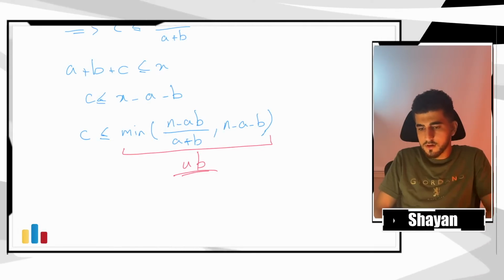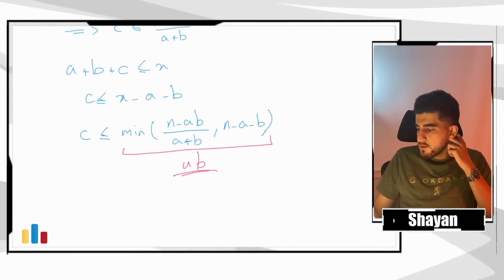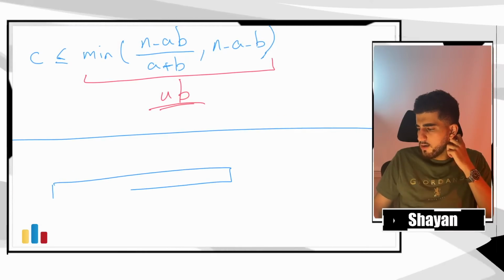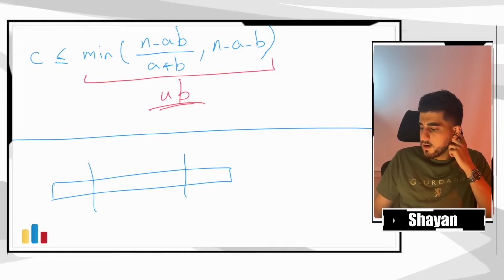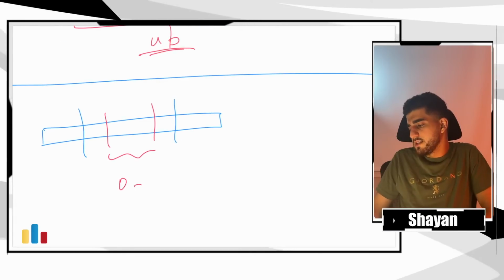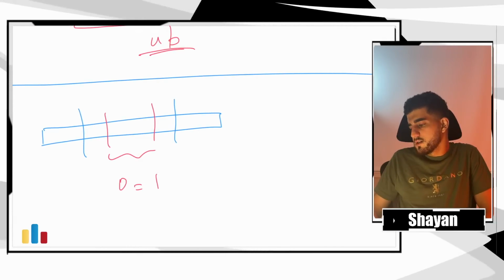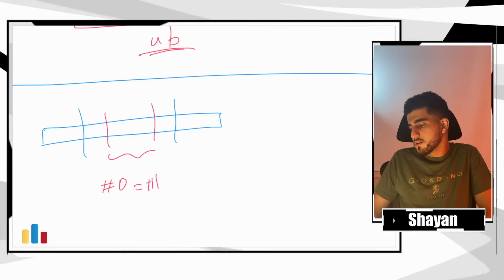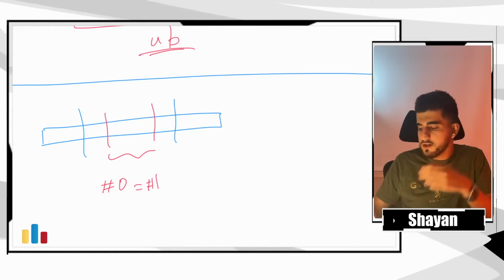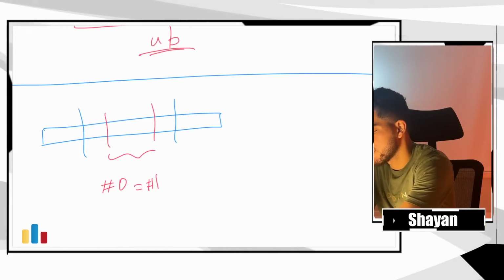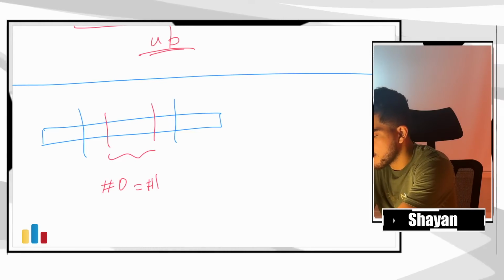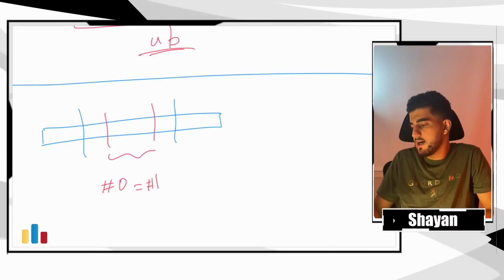Okay, so what we can say in here, we want that for every L and R, we want to calculate how many X and Y's are inside it such that the number of zeros and ones are equal in this interval. So the number of zeros is equal to the number of ones. If we want the number of zeros to be equal to the number of ones in an interval, then we need to make sure that